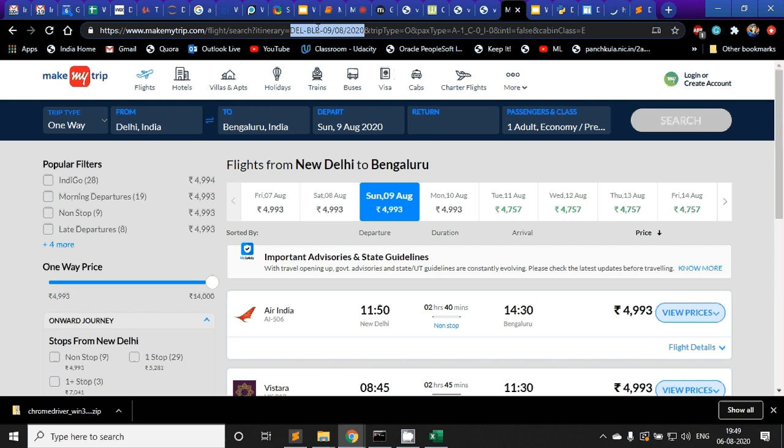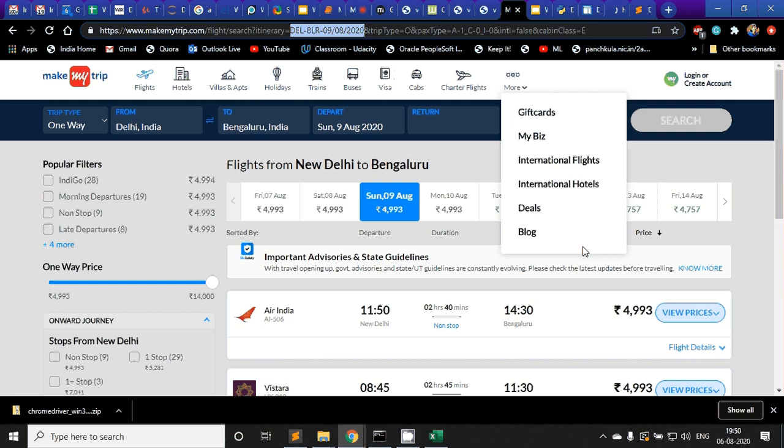For example, take worldometers. It would be sending requests to many sites at the back end, but you have to request only one site. If I wanted to check which websites worldometers is scraping data from, I would go to inspect element and check the data. But I found on MakeMyTrip that no such thing is happening. Only the direct link is there,